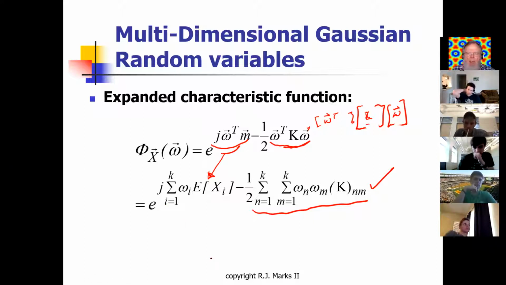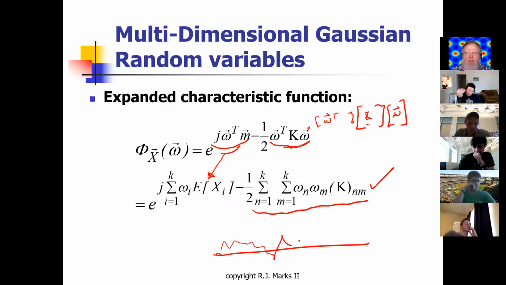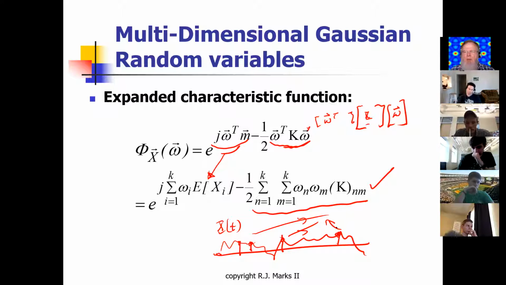Well, you remember that in the definition of stationarity in the strict sense, we should be able to take any k values of a stochastic process, x of t. We should be able to take any k of these values and we should get a multidimensional Gaussian, bivariate or a multidimensional Gaussian random variable, right? That was the definition of Gaussian random variable.